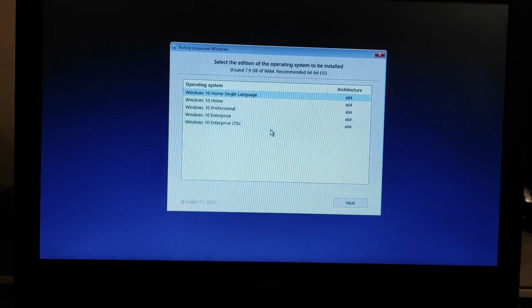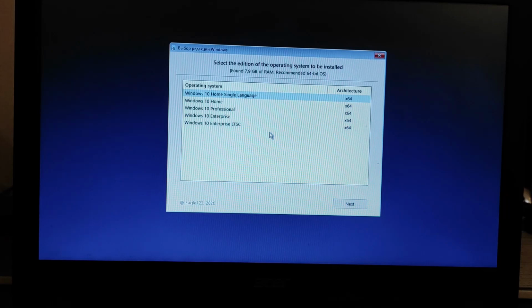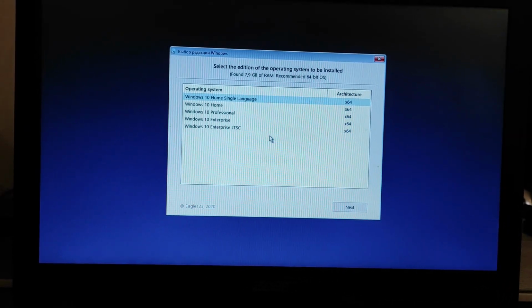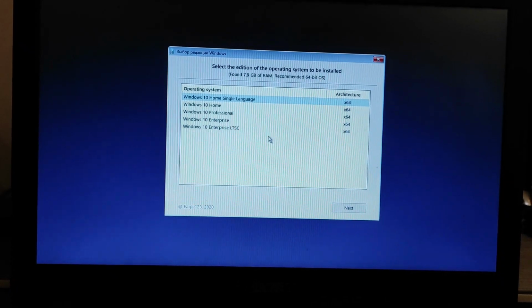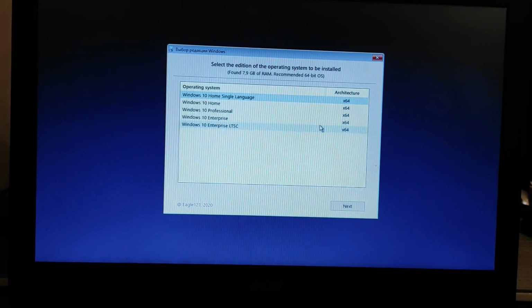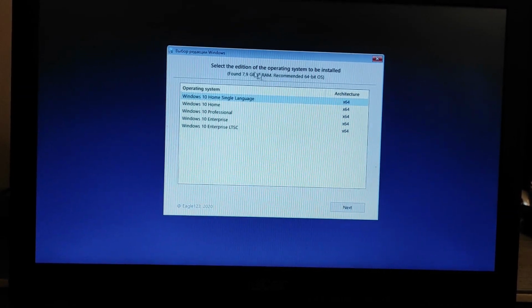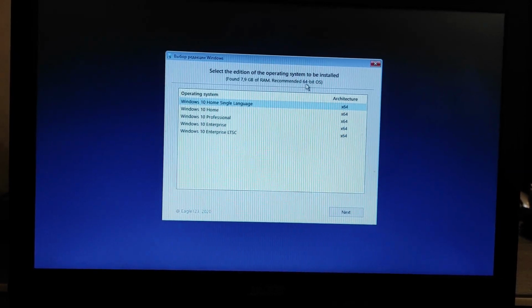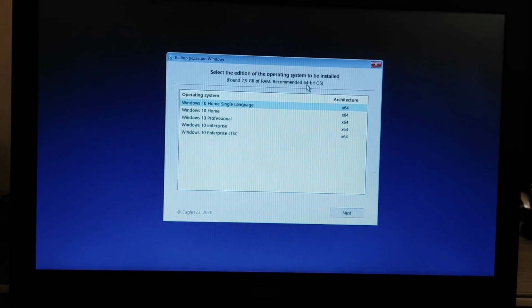And before installing Windows, you have to choose the version of Windows and the platform of Windows. I will choose, you see it's written recommended 64-bit operating system.